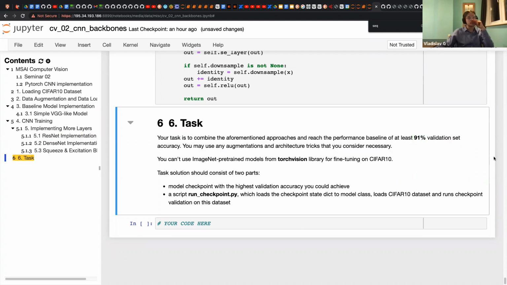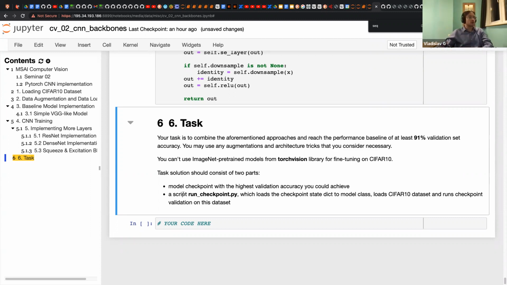I suggest making it with Catalyst because it's really easy. You just have to copy everything, and if you are not sure what to do, you could check out Catalyst documentation and examples. They have all the examples. The point here, no fine tuning, just training from scratch.